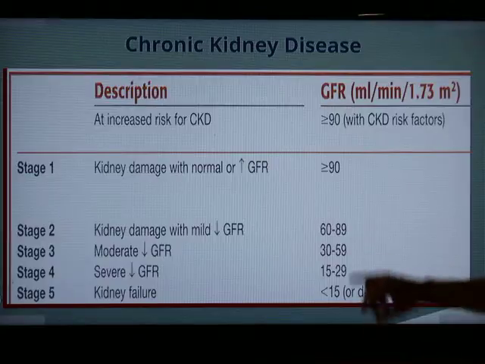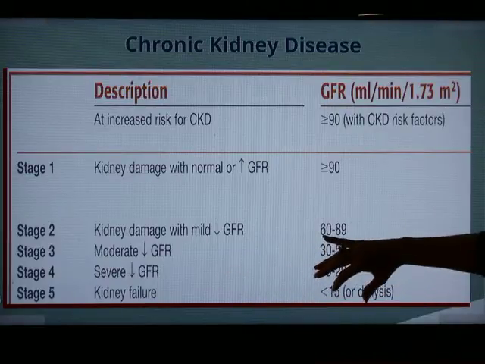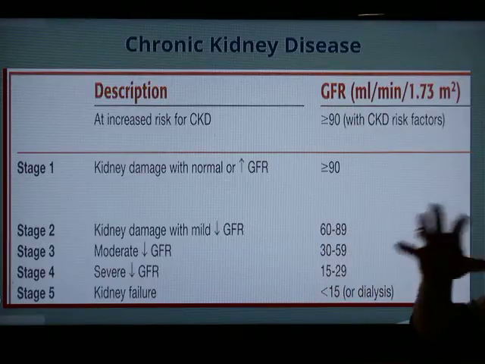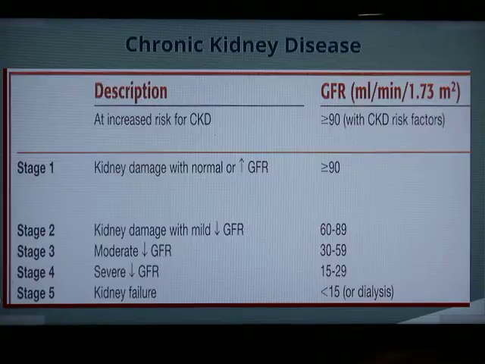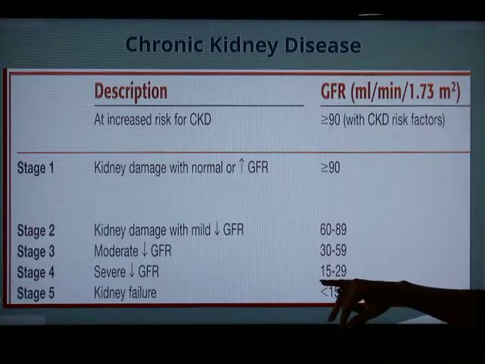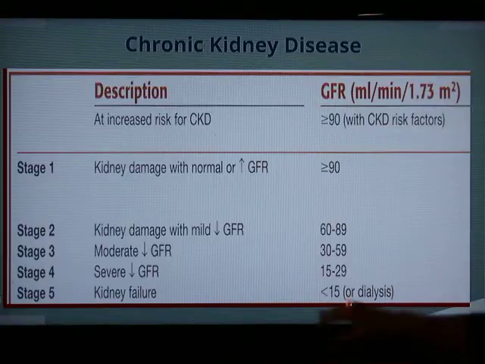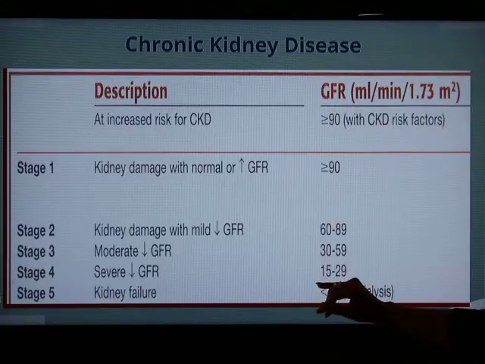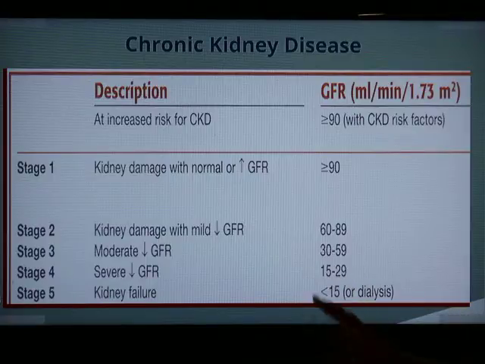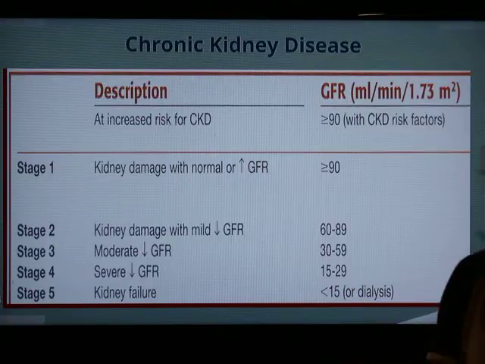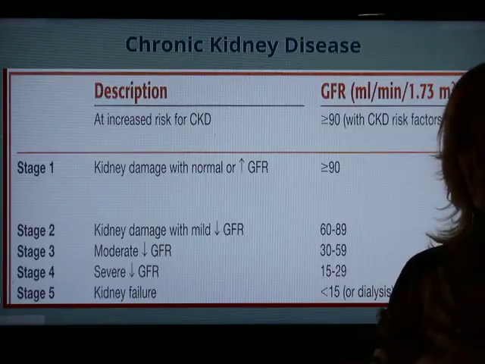And then you can see all the way down here. So stage 2, now you're looking at between 60 and 89% of those glomeruli working. All the way down in stage 4, we have a pretty significant drop off in that glomerular filtration rate, all the way down to about 15 to 29% of those glomeruli working, but still the patient is, if you do really good nursing care,